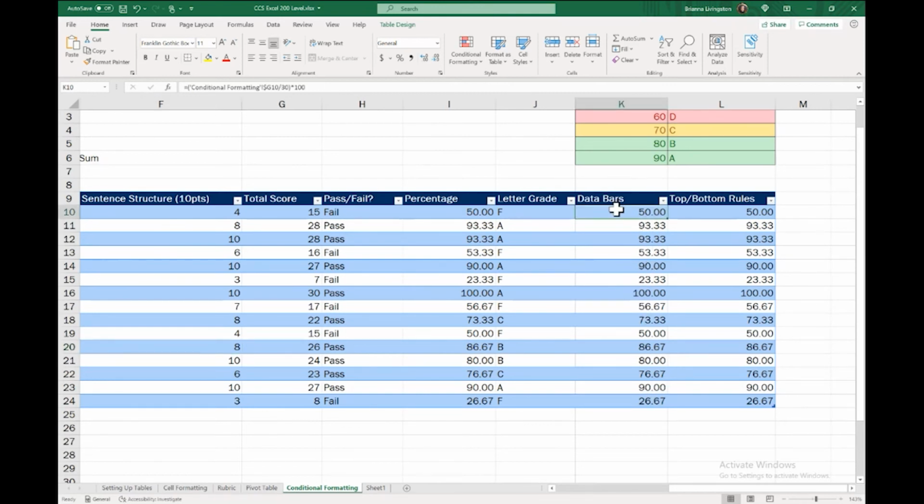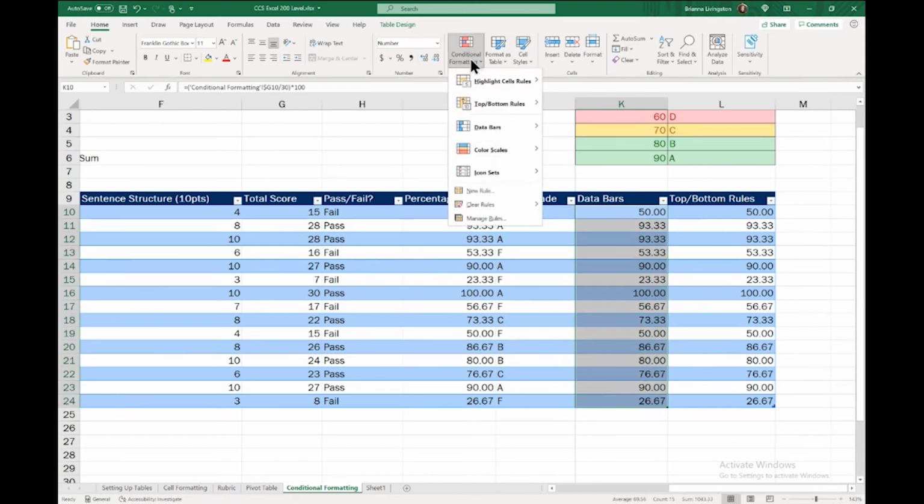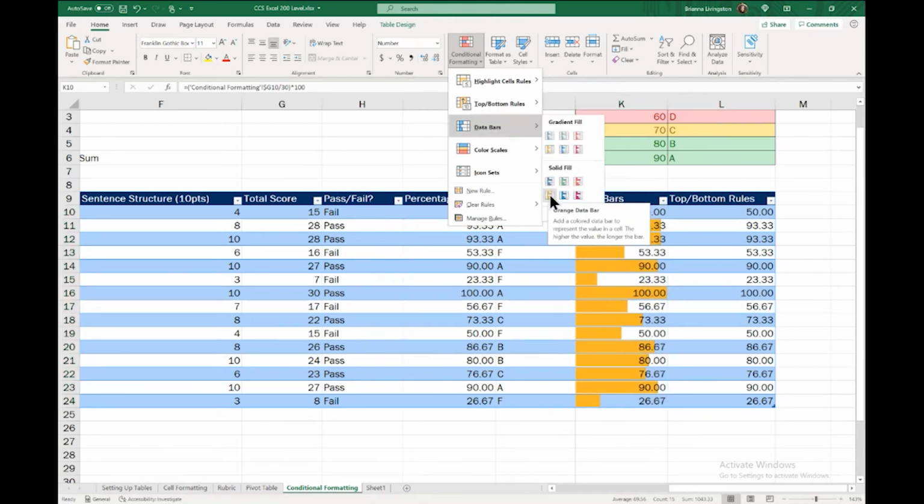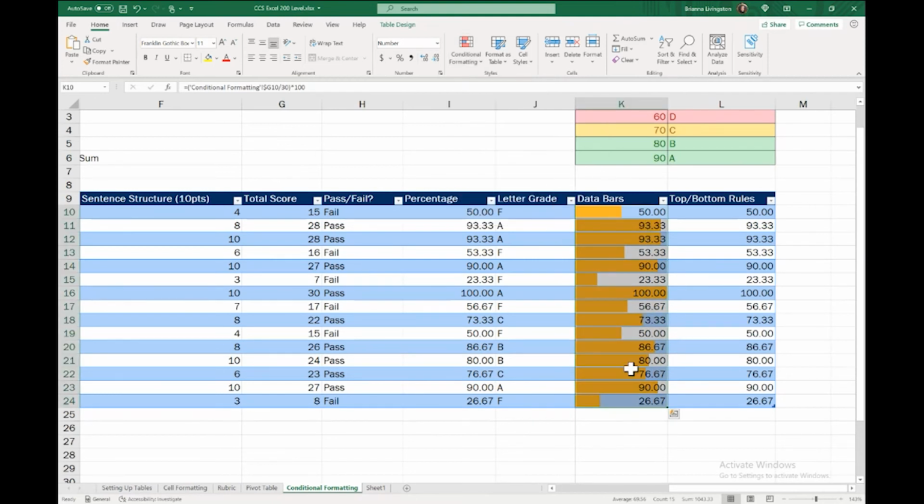So we're going to select this range. And we're going to come up here to conditional formatting, and we're going to choose data bars. And then we're just simply going to choose the bars of our liking. Right? So as you can see, this is 100% full. This is 50% full. You could make this larger if you want to.